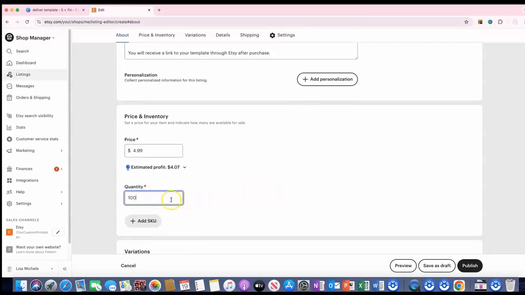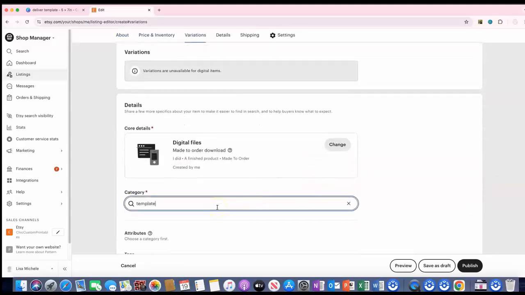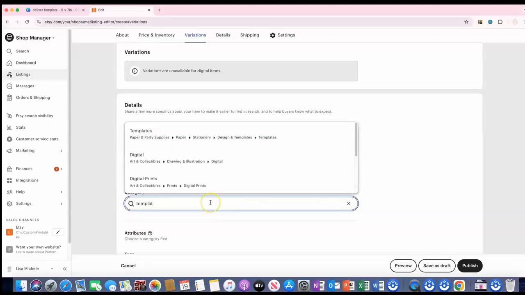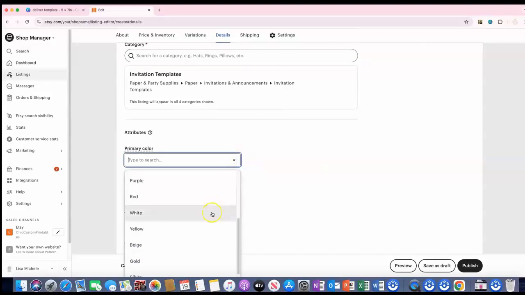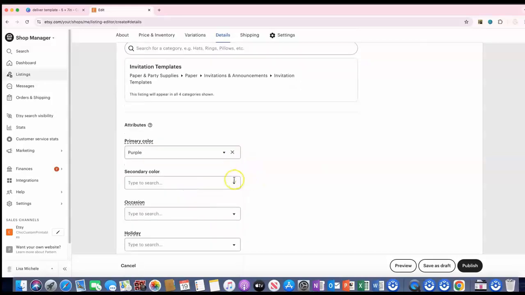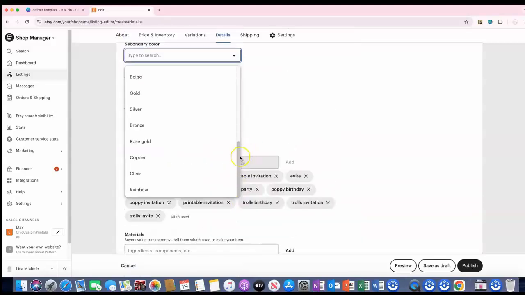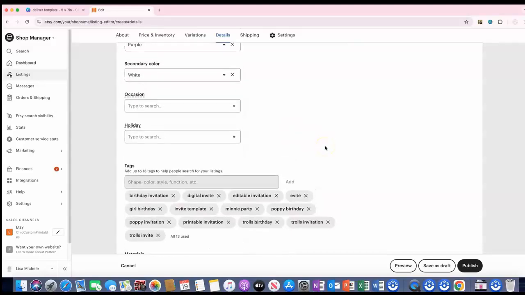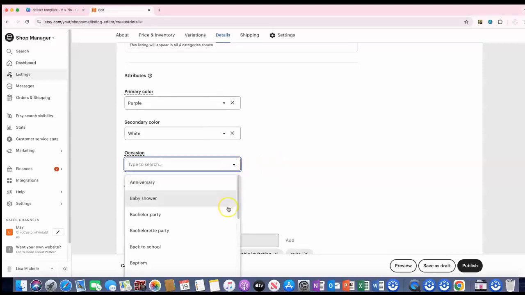I always put something that's less than $9.99, right? You don't want it to just look like you haven't sold any. Category, template, invitation templates, and then primary color is definitely purple. Secondary color, still purple. Output, I think there's maybe some white in there, I'm not sure, but you never know what people are searching for. So if someone's looking for a purple and white invitation, you want to make sure you've got your secondary color in there. Occasion, now